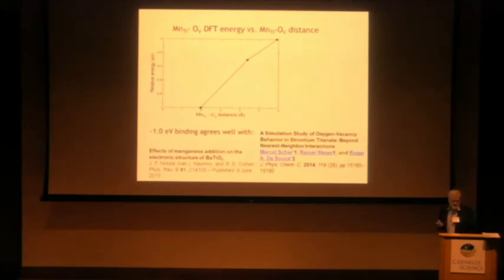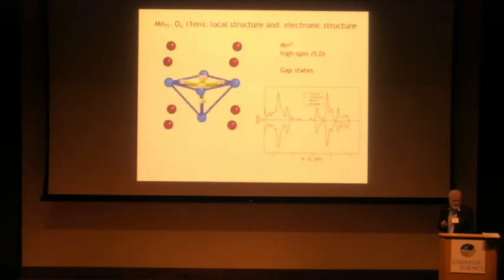And so having calculated the energy of several of them, we find that the binding energy is of order 1 eV for the closest neighbor distance, and this agrees with the previous computational work. Barium titanate, so it's a different system, but Nasa, Nomov, and Cohen looked at it and found a similar thing, and also some kind of empirical potential study shows that it binds with about 1 eV. So that's substantial. If you have manganese substitution, the oxygen vacancies will tend to pin there.